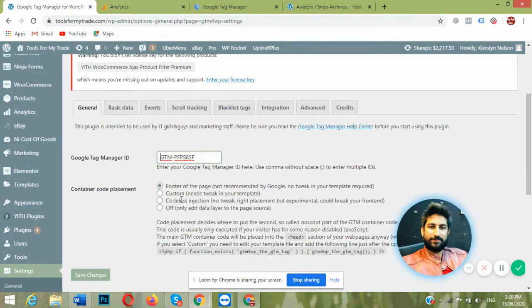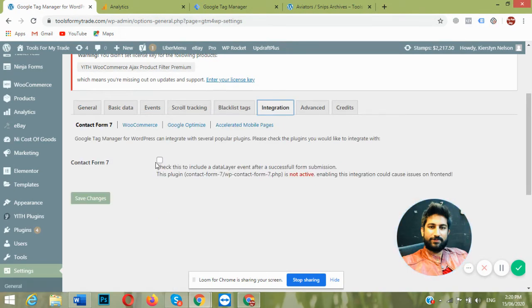I recommend enabling the second option, the one that needs a tweak in your template. Now go to integration, where we need to track lead forms and contact forms. We just need to enable this.